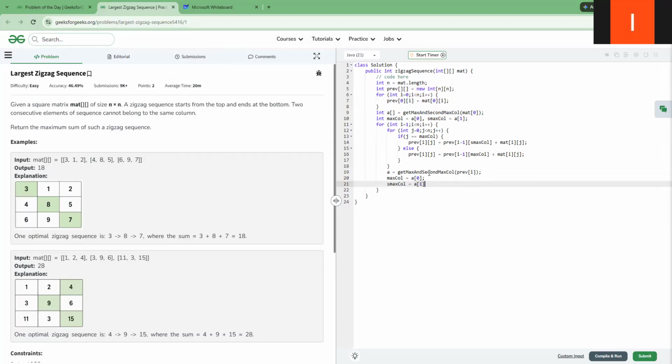So now we have the details, and finally our final row will have the maximum element from top to bottom. It will have all the maximum elements. So what I will do is return previous of row minus 1, that is the last row, and the maximum column that it got. Whatever the maximum value is, it will return that. So for writing this particular method,